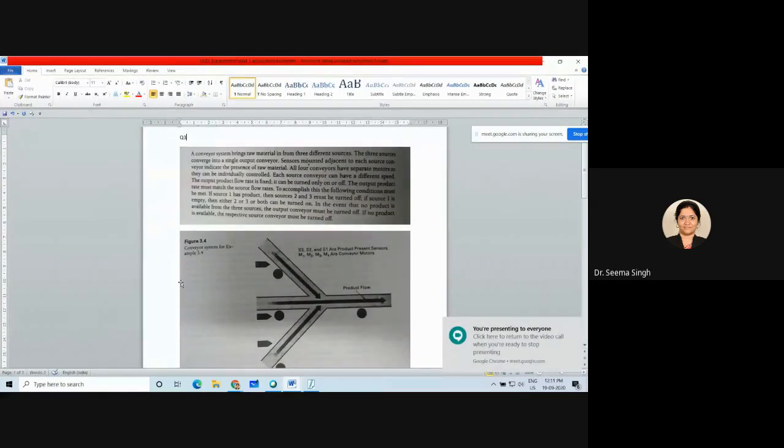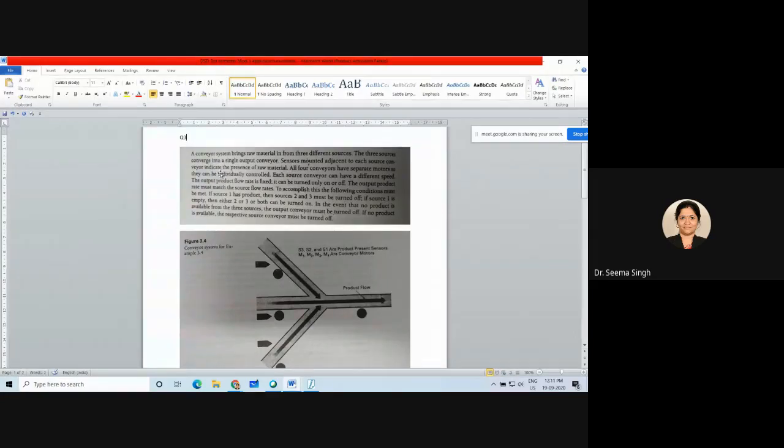Okay, the question as well as the diagram is shown here. And this question is the one which people have not answered correctly. They have missed one small part of it, and that is the problem. Okay. So what does this question say?